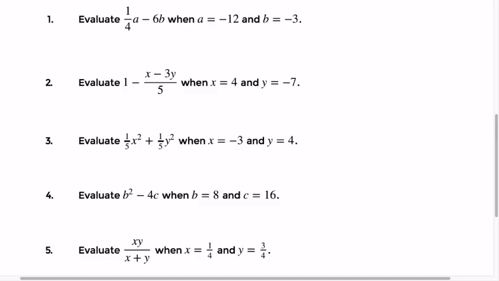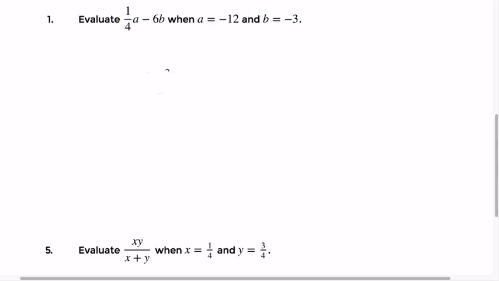So looking at number 5, we're given this expression xy over x plus y, and asked to evaluate this expression for the values x equals 1/4 and y equals 3/4. So what's your process, first of all? What would be your step 1 in your strategy for solving this problem? Plugging in. But when you plug in,